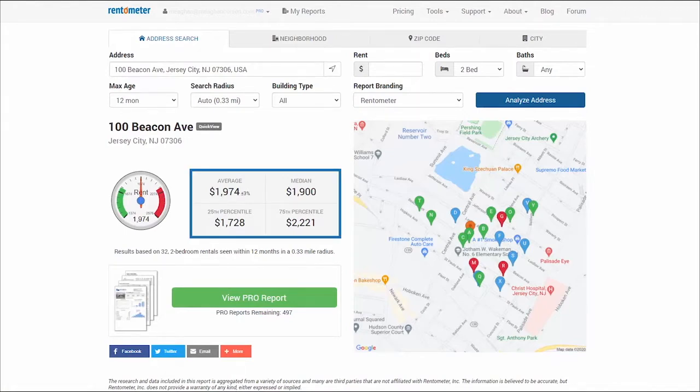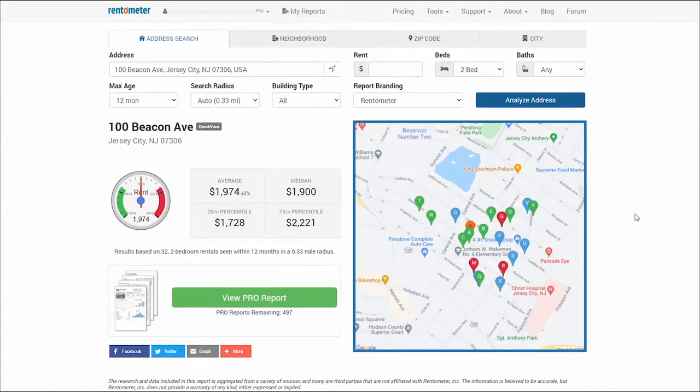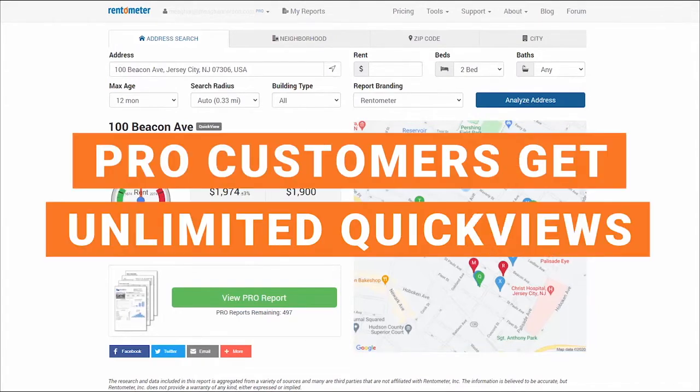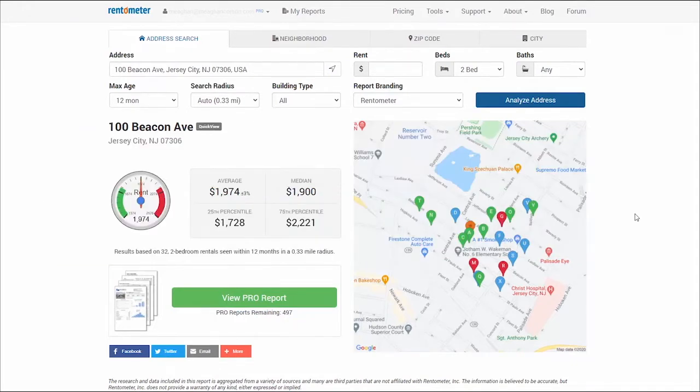It includes the average and median data over here and the helpful map showing you the address you entered, which is indicated by this orange bubble icon, and the surrounding comps in the area. Sometimes this is all the information you need. Pro customers have unlimited access to Quick Views, so with a Pro account, you can run as many of these